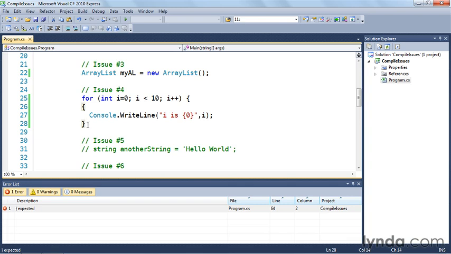You can see that when I put the cursor next to the curly brace, the IDE highlights the two braces to show me that they match. But the problem is that I've actually got an extra one all the way over here on the end of the for statement. And that's causing the compiler to think that all the rest of the code following that line is contained in an unclosed curly brace block. Once I get rid of that extra curly brace and I save and I hit F6, you can see that